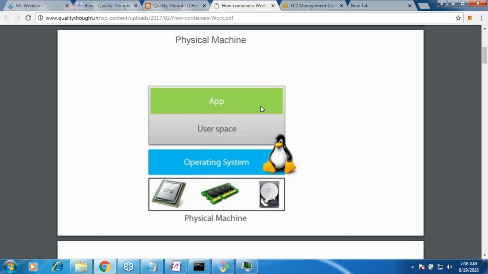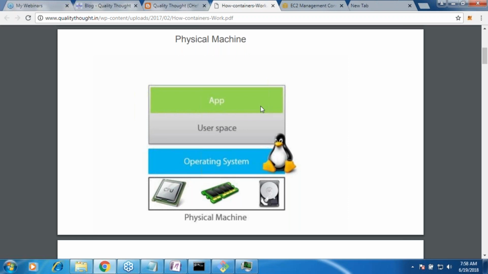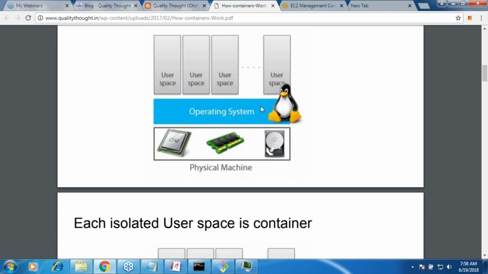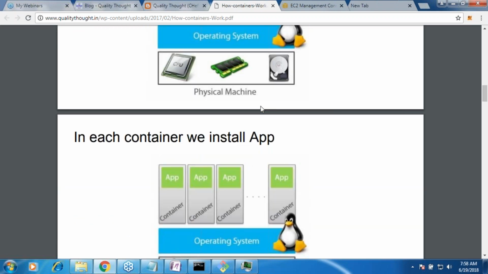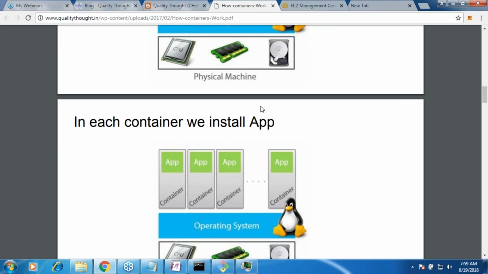So what is a container? Technically, a container is nothing but an isolated user space where you have your application. Now I have these many user spaces, and each user space will not know what the other user space is. If a user space wants to communicate with another user space, the only way is how you communicate between two machines. How do you do that? Using IP addresses, using networking. Same thing here. There is no direct contact.